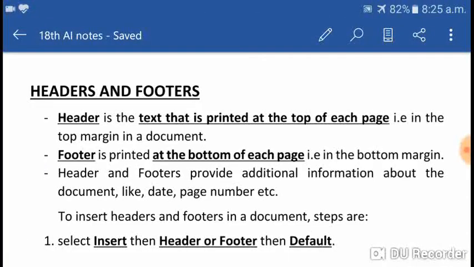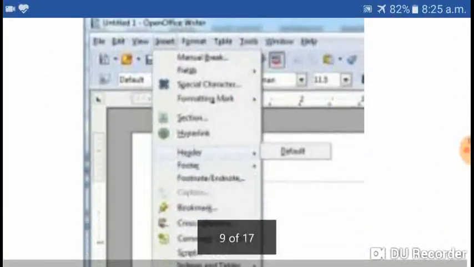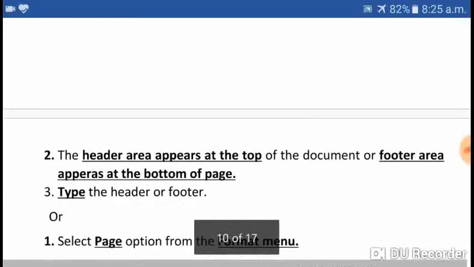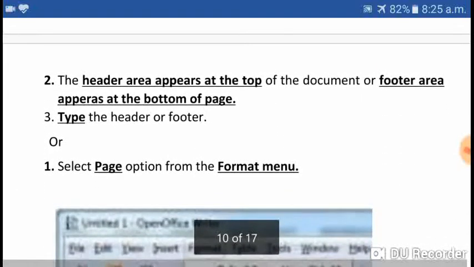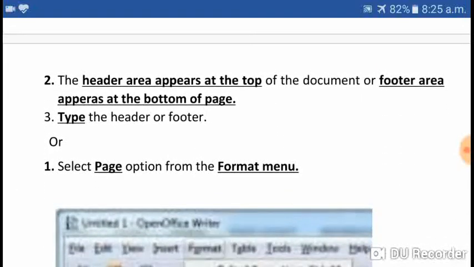If you click on Footer, its sub option Default will appear. To insert a header, click on Header. To insert a footer, click on the Footer option and then Default. If you insert a header, the header area will appear at the top, and if you insert a footer, the footer area will appear at the bottom of the page.